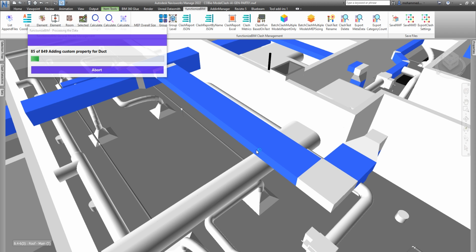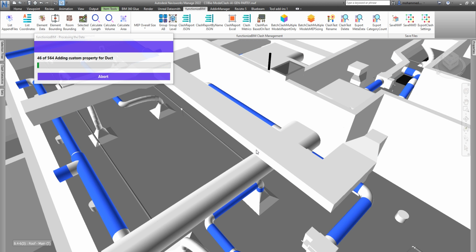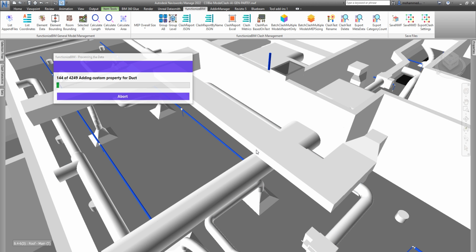What it does is that it finds all the ducts or pipes, cable trays or conduits, and then assigns a value. So it's going to take probably a few minutes based on the count of the objects. So now it's doing it for the circular duct. Okay. So I'll let this finish, but however, you got the idea that